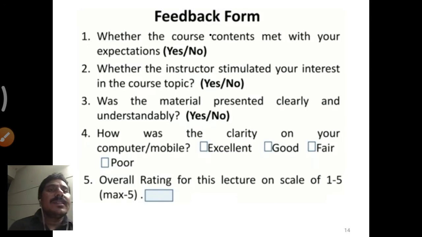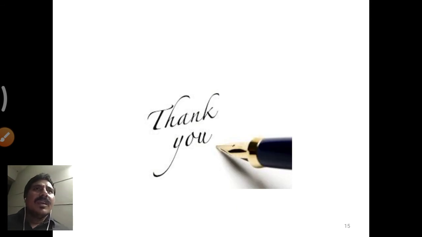Next, this is the feedback form. I think we have covered almost all fundamental concepts in this class: powers, various powers and the relation between them. Next I want to concentrate on something. Previously, when we were calculating active power, we used Vm by root 2, that is the RMS value, and Im by root 2. Why do we have to take that root 2? I will explain that concept clearly in the next class. So please try to learn the importance of active, reactive and apparent power and the relation between them in this class.